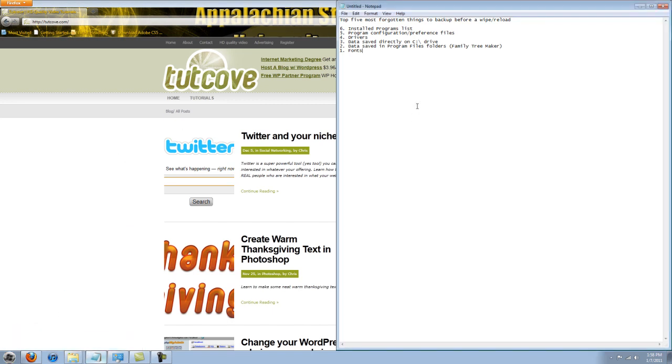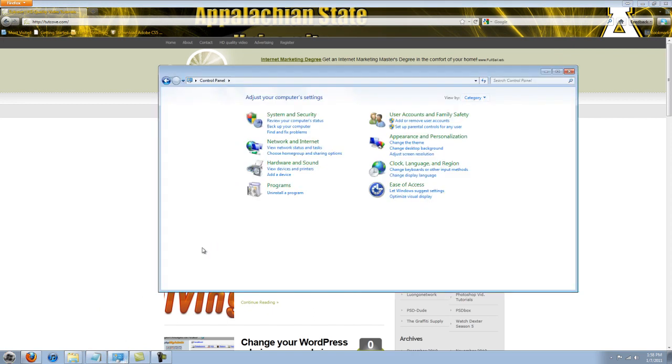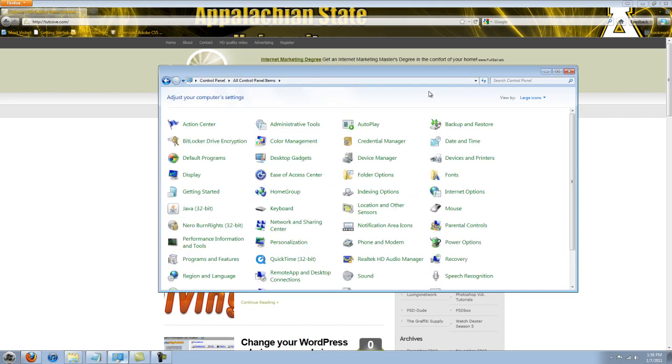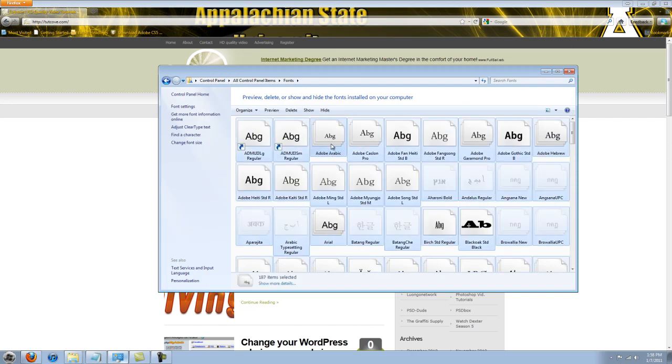And the last thing that is the number 1 most forgotten piece of data to back up before you do a wipe and reload are your fonts. And I'm really irked about forgetting to back up my fonts because I had a lot of fonts that I downloaded. So to be able to back up your fonts, if you open up your control panel, if you're in Vista 7, you need to click All Control Panel Items. If you're in XP, you'll have a folder there already that says Fonts. And here's your fonts. You can just click your fonts folder, Control A,